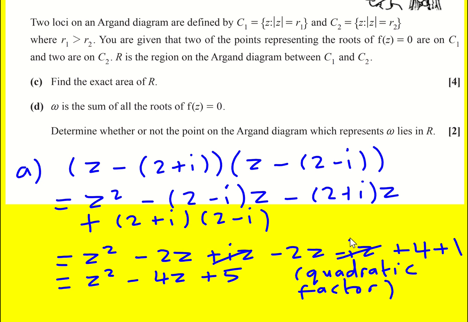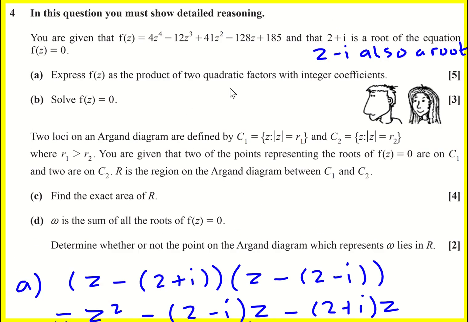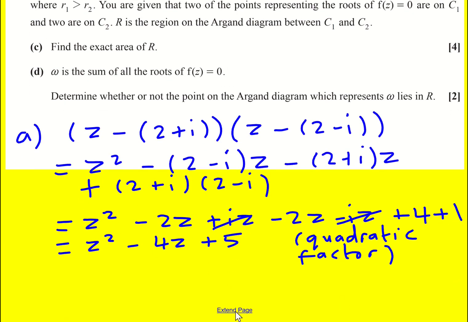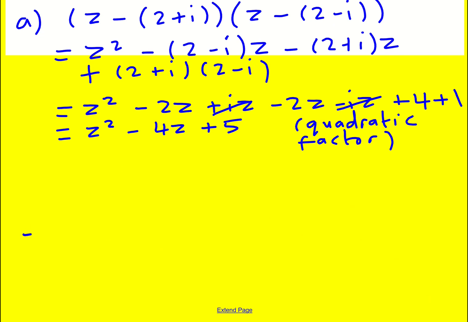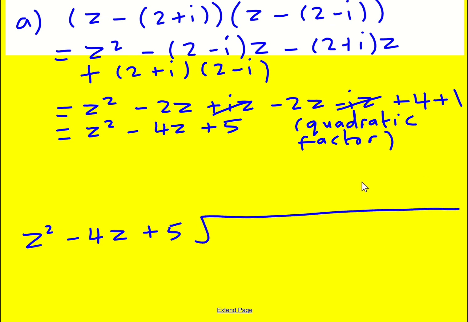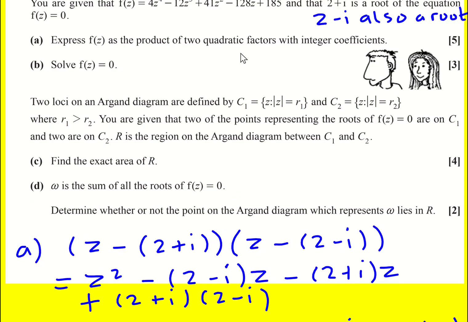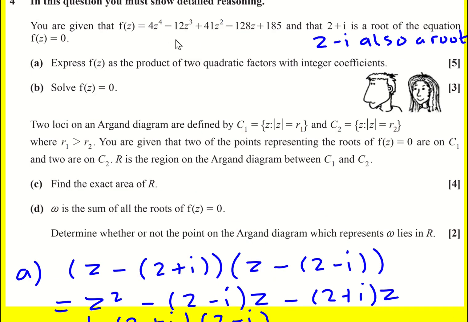So what to do with that now? Well, let's do a polynomial division. Especially since it says detailed reasoning, so we need to show where everything's coming from, and it's just good practice anyway. So I'm going to take this quartic and divide by this quadratic. There are lots of different methods for this, but I like to just go for polynomial division, like a long division, essentially with polynomials. So z squared minus 4z plus 5 into 4z to the 4